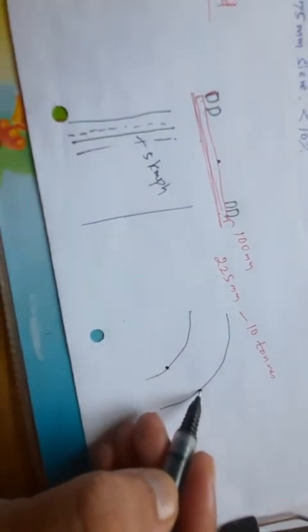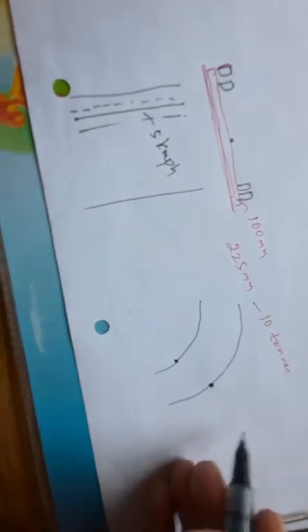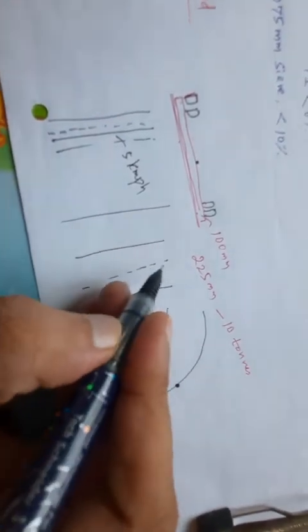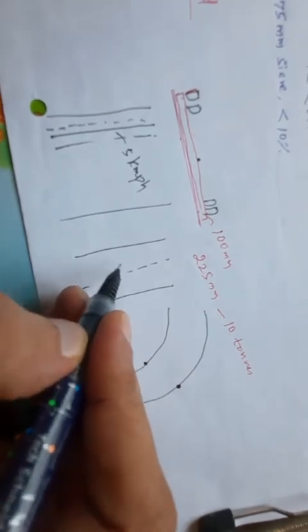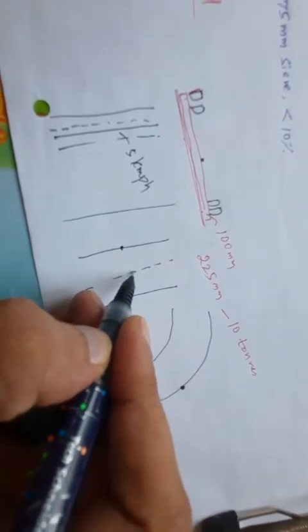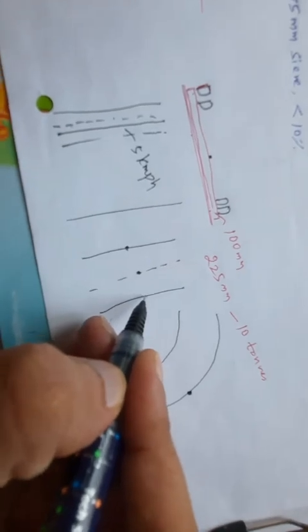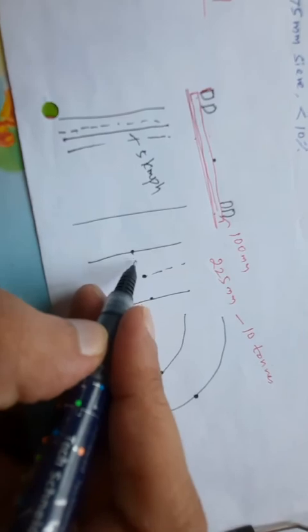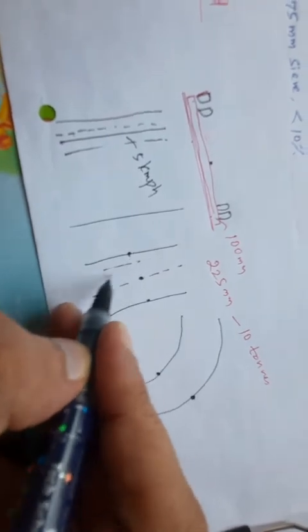But in case of the curves you have, the rolling has to be done from the inner edge to the full outer edge. Okay, but in case of the straight road, if it is a center line or camber crown here, you start from the edge, finish it at the center, and here you have to start from this edge and finish it at the center. And every time the rolling is done, 1/3 has to be overlapped.